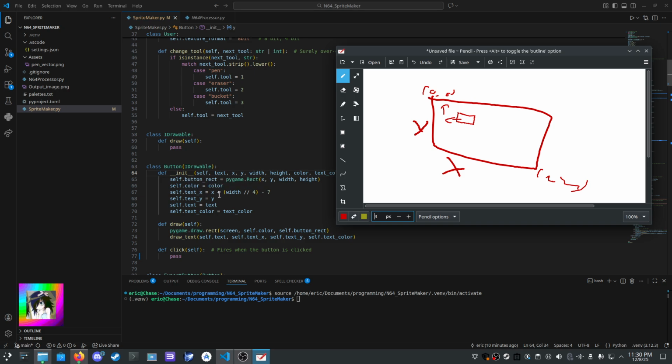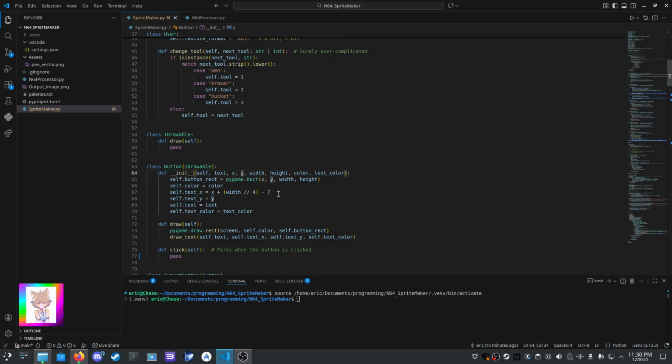Like you'll see, self.text_x equals the x position of the rectangle plus the width of the rectangle divided by 4, and then I do -7 for some hard-coded manual adjusting. I'm basically trying to center it. The reason for this is that rects and text objects in Pygame are all surfaces, and I'm just displaying one surface on top of another. So I have to set the top left coordinate of the text to be in the center of the object, so it's centered.